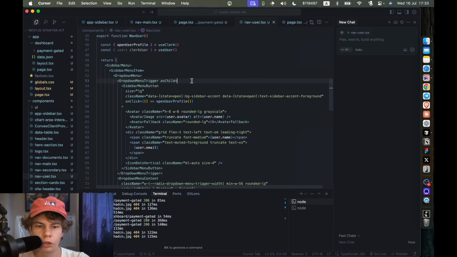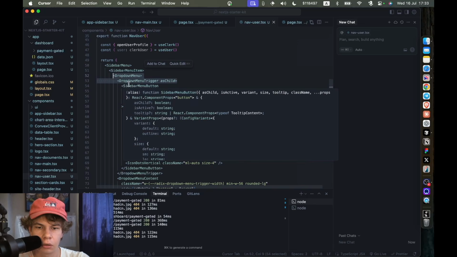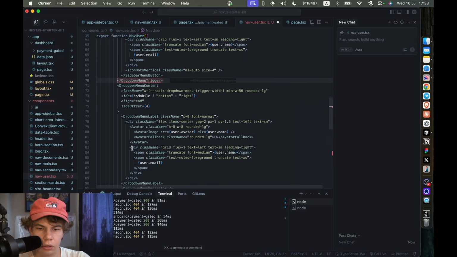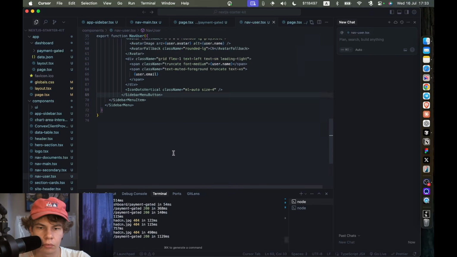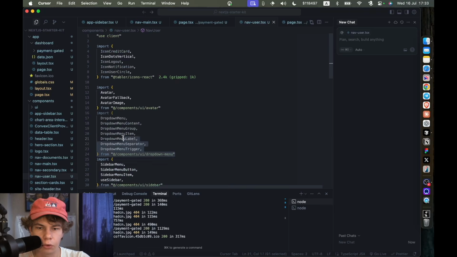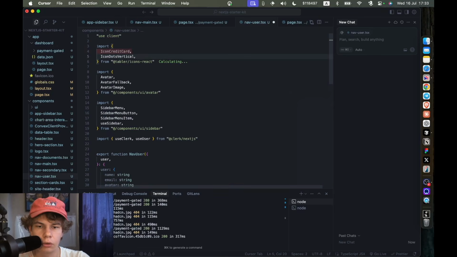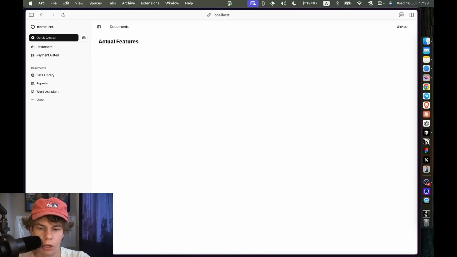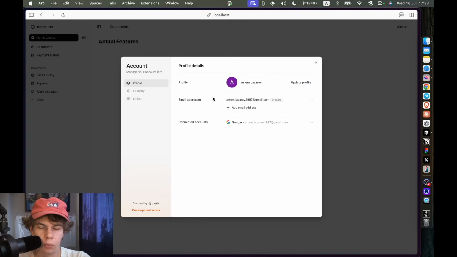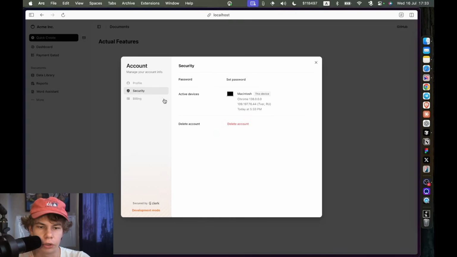We will also need to remove the drop-down menu stuff. Let's delete all of this. Let's remove all of the drop-down menu stuff from here as well. And delete all the unused icons. Let's save this. Now, when we click here, we get the Clerk customer portal open where I can delete my